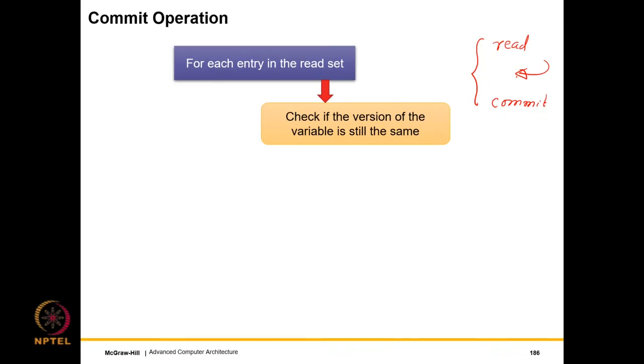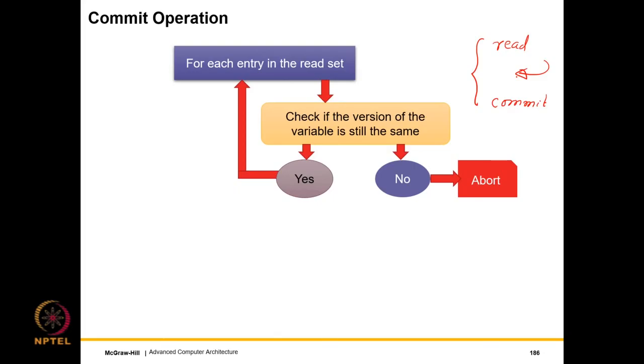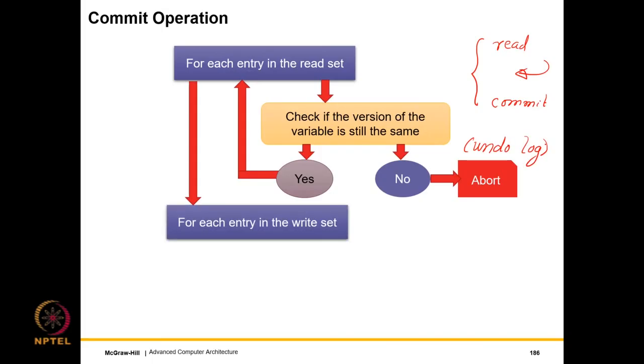Recall that we are tying the value and the version of the variable together, so both are part of the same package. So we just check the version of the variable, and that's it. Say the versions are not the same, a write has come in the middle, so straightforwardly, we abort. Otherwise, the read check passes, so we move to the write check. And needless to say, since we are using an abort, the undo log has to be restored. So all the writes of the undo log have to be written back.